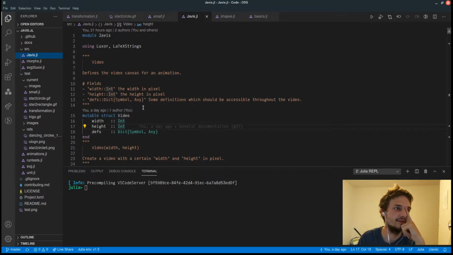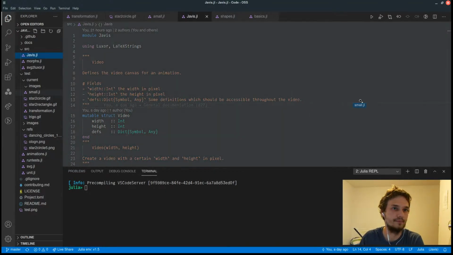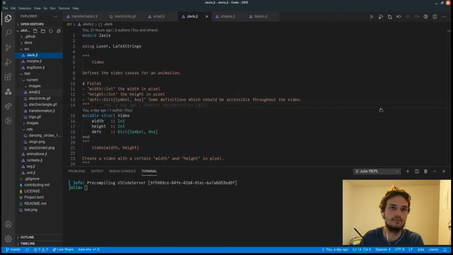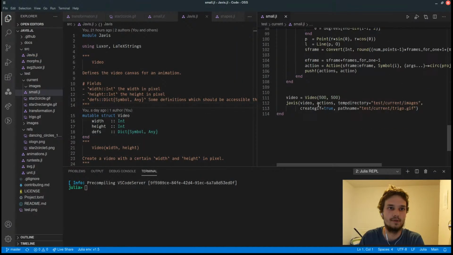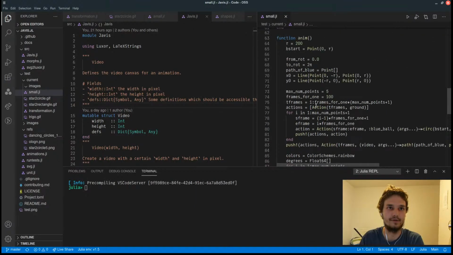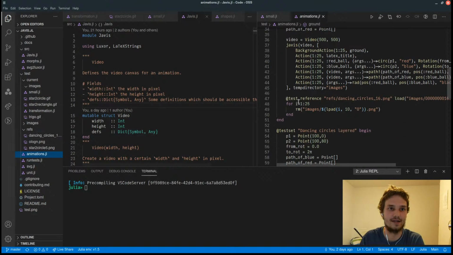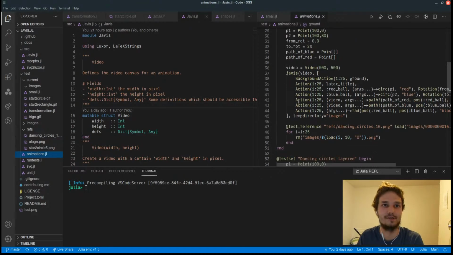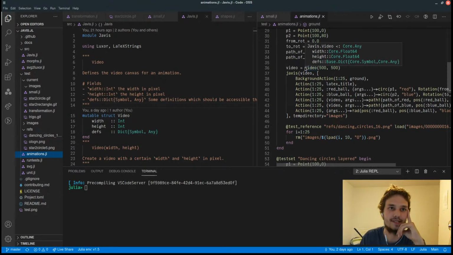So maybe, okay, this is actually not the best example, I think. Do you have a very basic animation example? Oh, this one looks good. So basically,